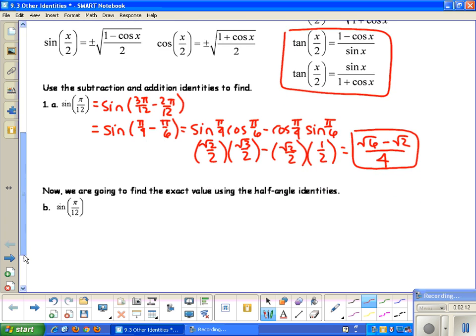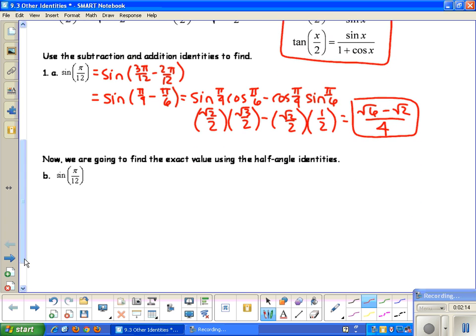So now we have another way that we can find the exact values, and it's using the half angle identities. So when you're using the half angle identities for sine, the first thing I would do is write out what my half angle identity is. So the sine of x over 2 is equal to plus or minus the square root of 1 minus cosine x over 2. Now for this, remember that in order to figure out what your signs are going to be in front, if it's a plus or a minus, you have to figure out what quadrant pi over 12 lies